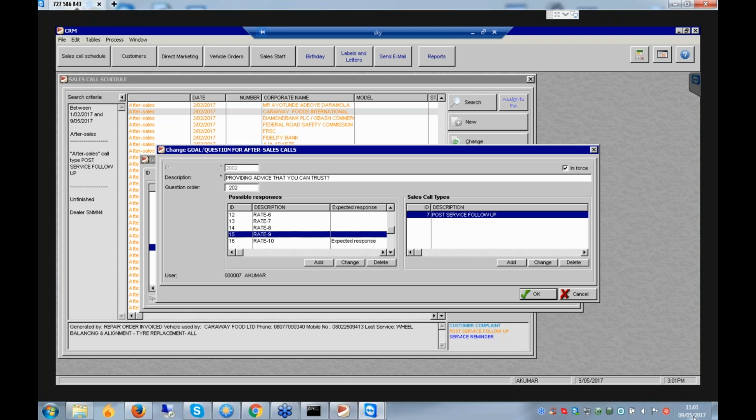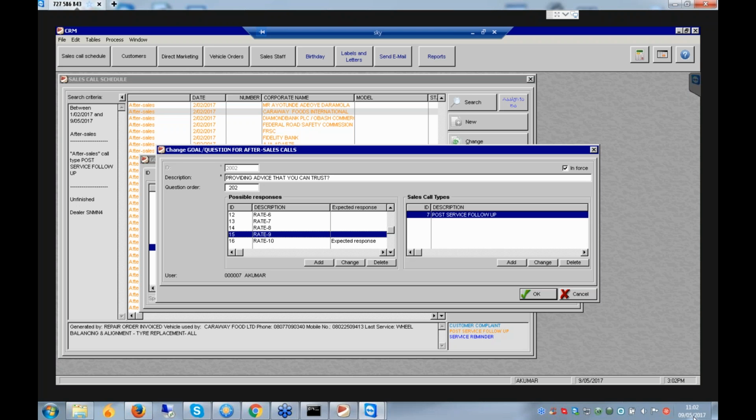Malina, yes? On the rating questions, the standard criteria is that from 1 to 6 it is dissatisfied, or its results are not acceptable. 6 to 8, somewhat satisfied. 8 to 9 we can say satisfied, and 10 is 100% satisfied or very satisfied. This is how the rating works. But maybe instead of having all those options, we can put the rate just from 1 to 5. So you have 5 as the expected response and 1 to 4 unexpected.